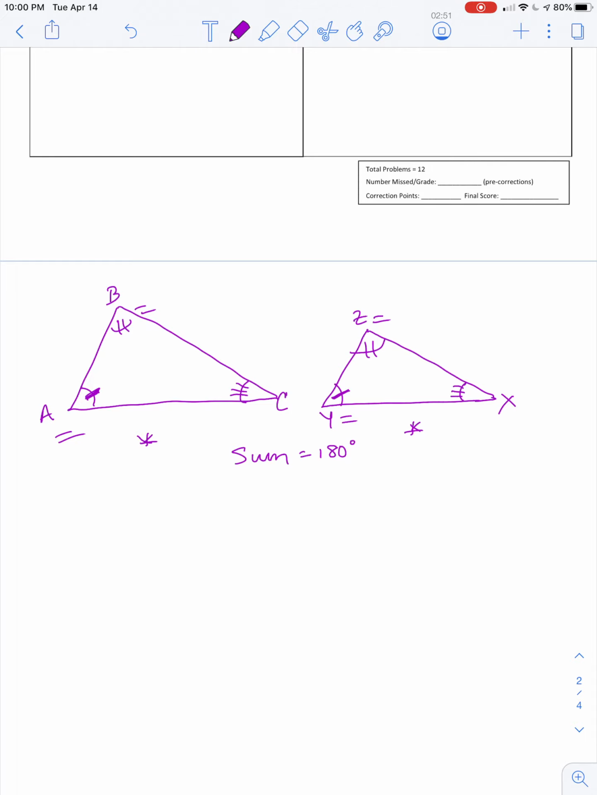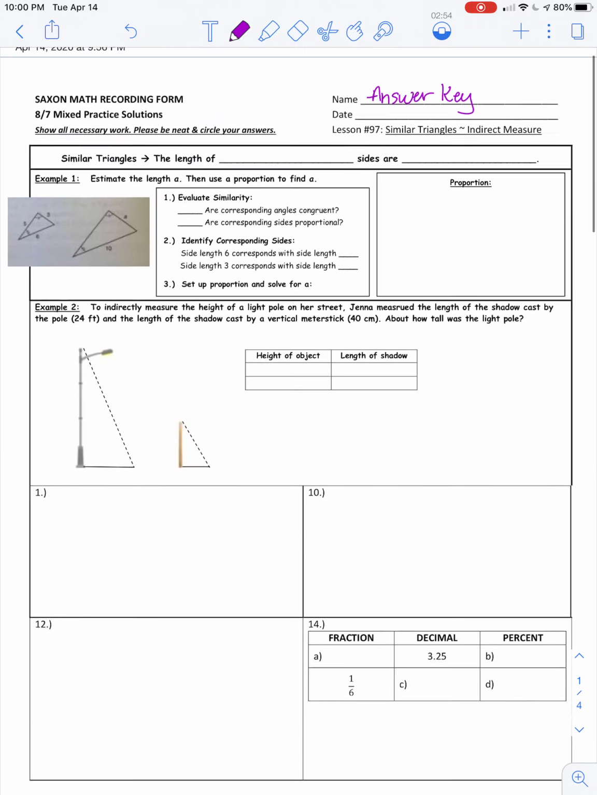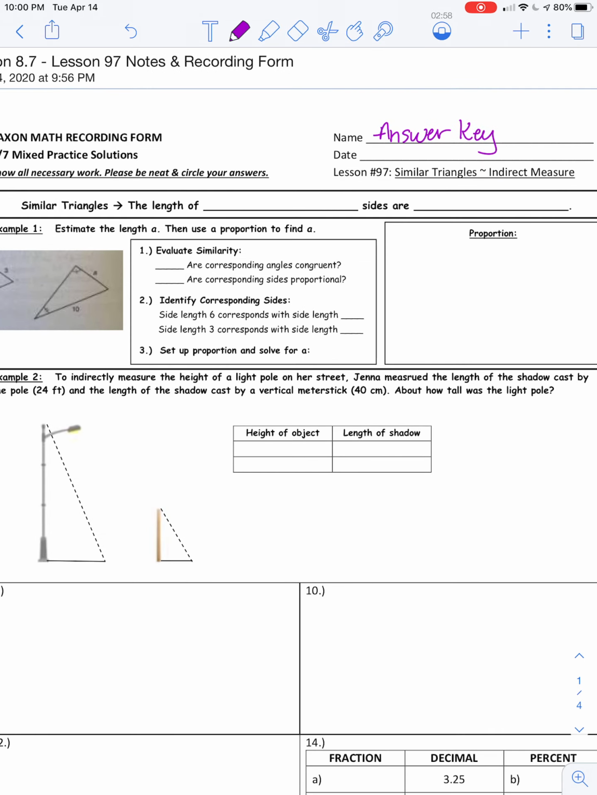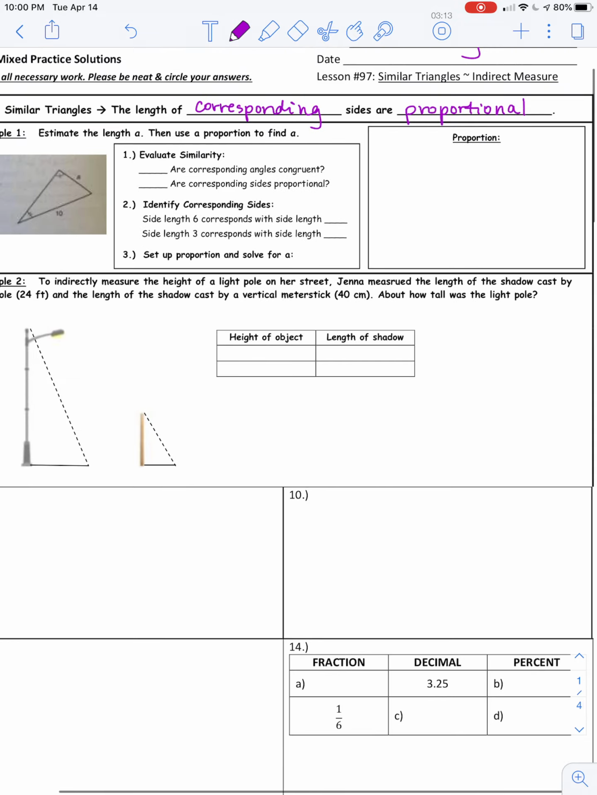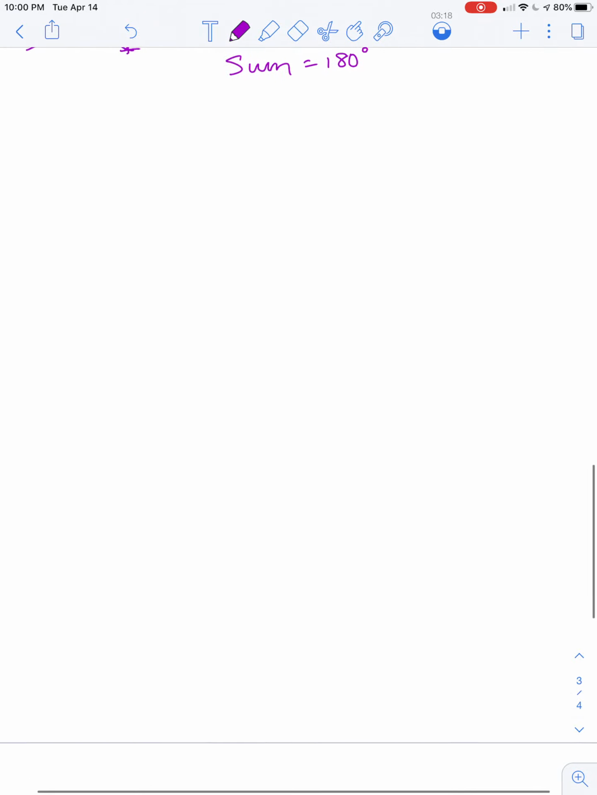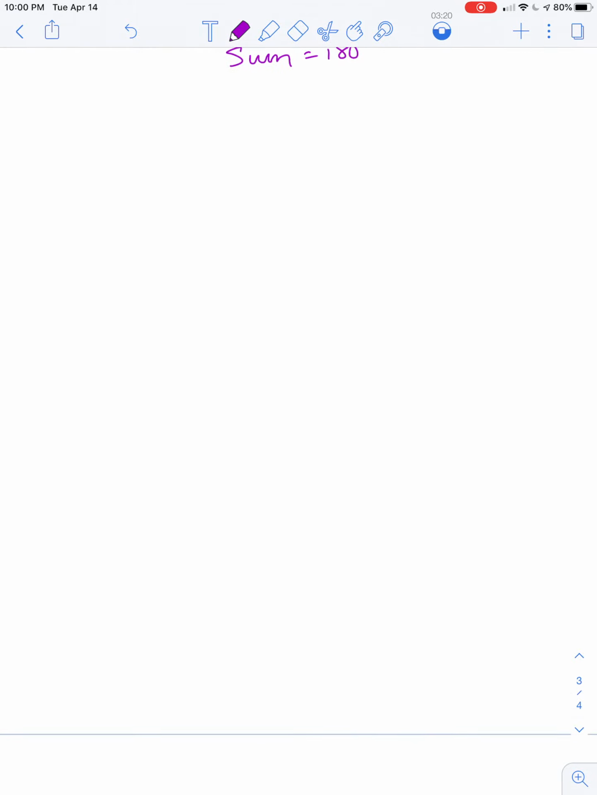First of all, let's go back up to the top of our notes because we have something to fill in here. Similar triangles. Let's fill in here that the length of the corresponding sides are proportional. Okay, now I'm going to draw another set of right triangles here, and I'm going to show you an example of what I mean by having